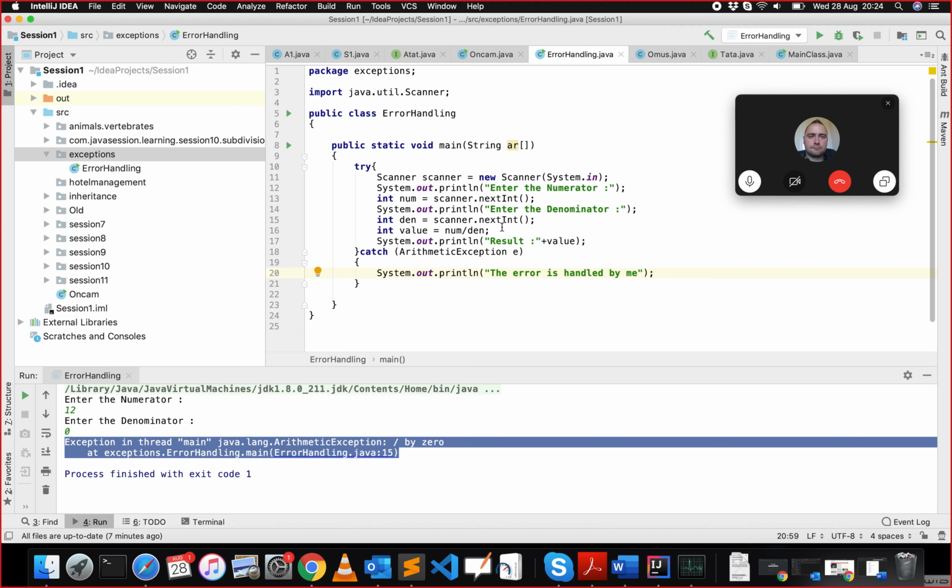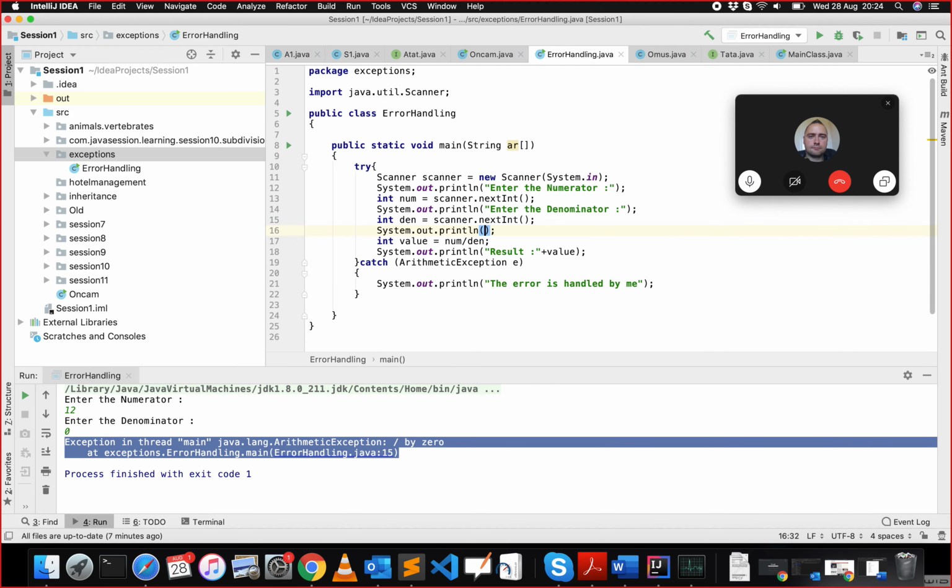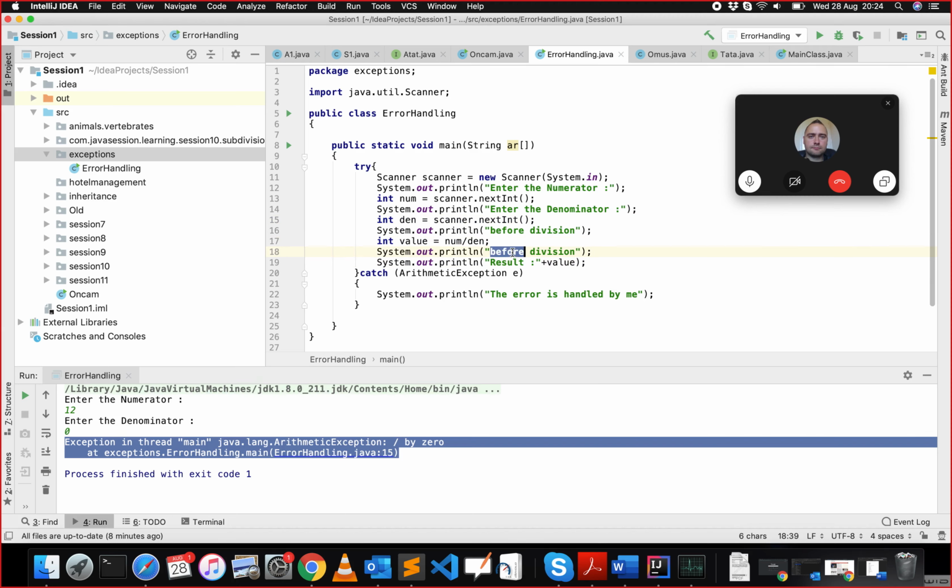Now I'm just going to show you one small thing, just to show you guys how the line of execution jumps from there to the catch block, okay? Now if I run this one again,